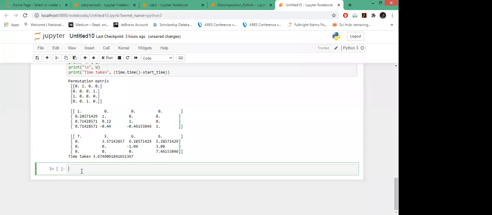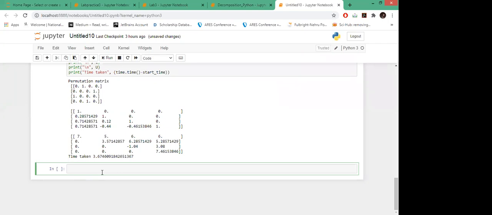Now let's see the application of LU: how we can use LU decomposition to solve our linear equations. Now we can write A in the form of LU, so we want these factors, and then we will solve our system of equations by working with the factors.